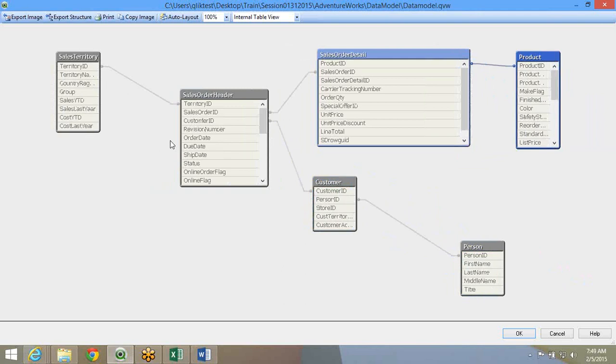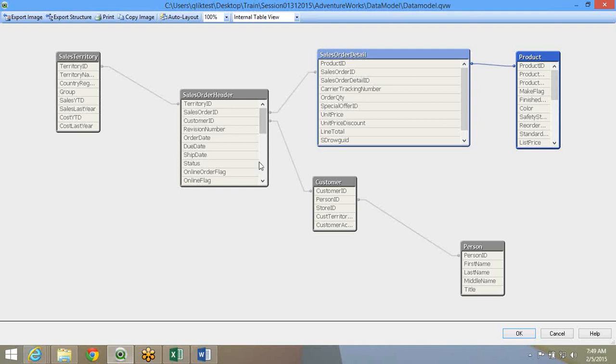This forms a snowflake schema. I can join the sales order header and detail and make it a single fact, but I will choose not to do it. The reasons we'll understand while we are doing a couple of the other functionalities. There are a lot of data warehousing challenges that can be quickly overcome in QlikView or can have a very easy solution in QlikView. In a data warehouse you can also have better solutions, but in QlikView it is easier and quicker rather than going through a long complicated process.